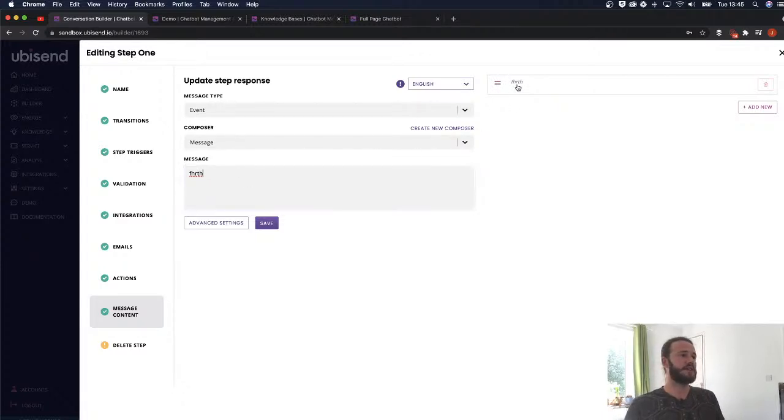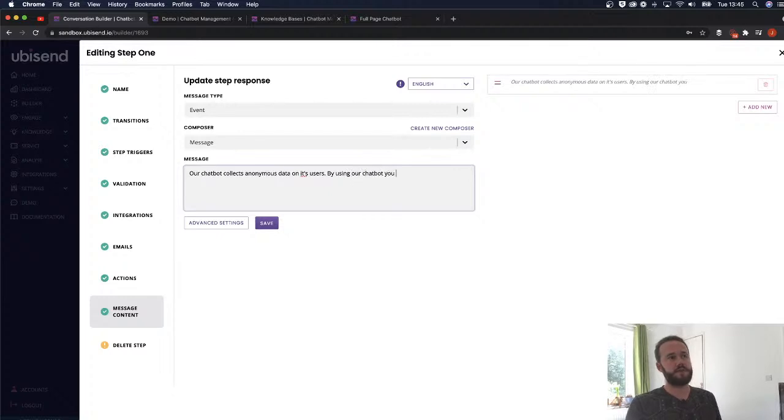So it's essentially like a small bit of text. I'll just show you an example which comes up above the message, and I'll show you a really nice use case for this, which is: our chatbot collects anonymous data on its users. My grammar is probably going to be all off here as I'm trying to type on the fly. By using our chatbot, you